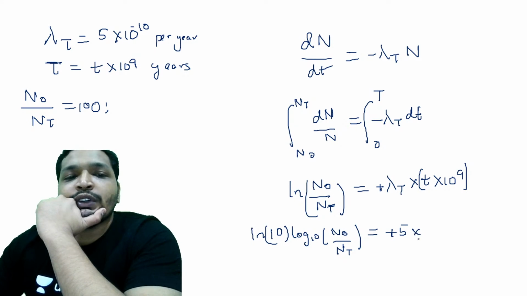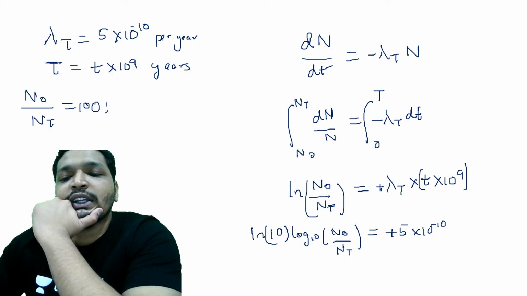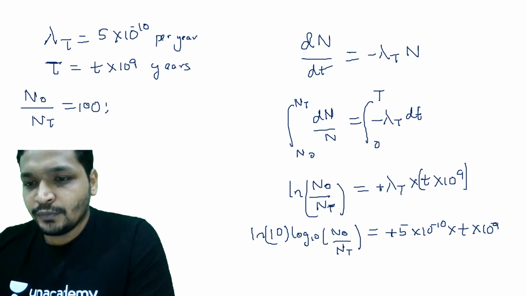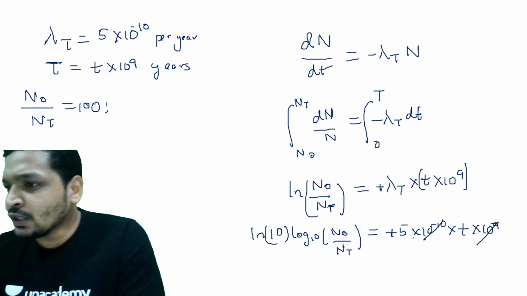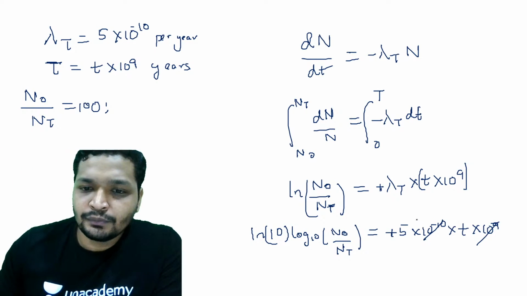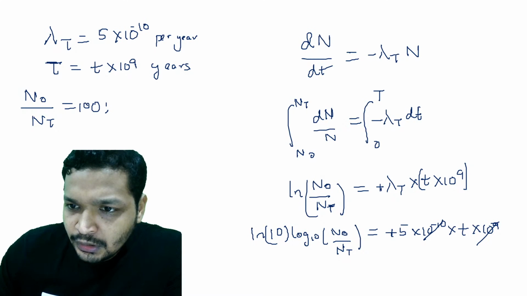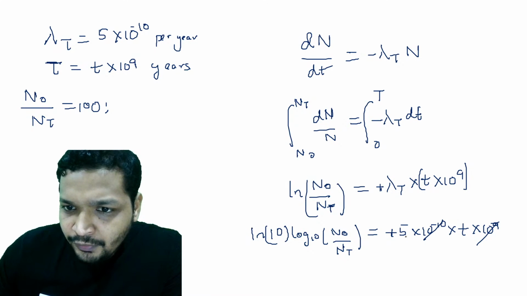So 5 into 10 to the power minus 10 into t into 10 to the power 9. Okay, so they have asked you the value of t, and this gives you something like